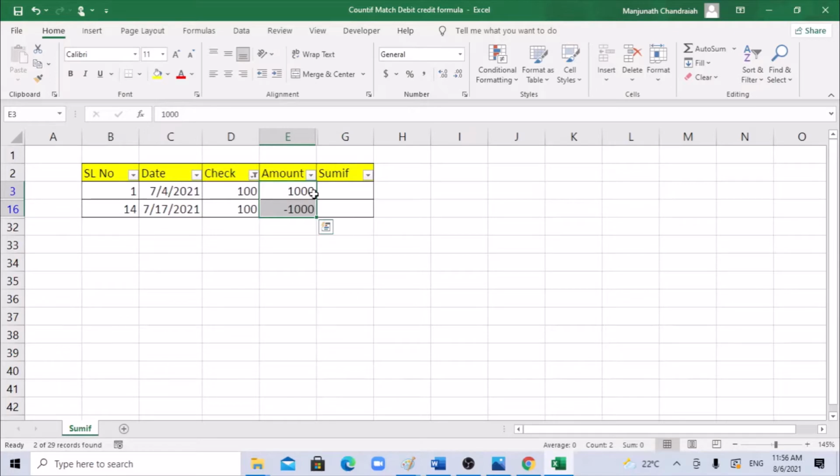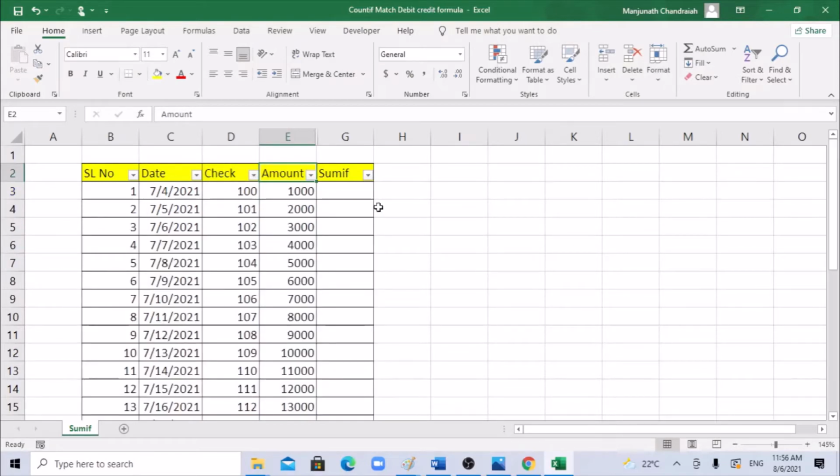As I said, I have created one more session where, if there's a check number and a debit and credit of the same amount, it will knock off. If you have not gone through it, I'll be sharing the link. Whereas if one check has multiple line items, but they are summing up to 0, those I need to find. Then we can use a SUMIF. It's very simple and easy.